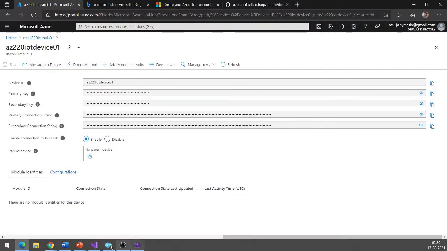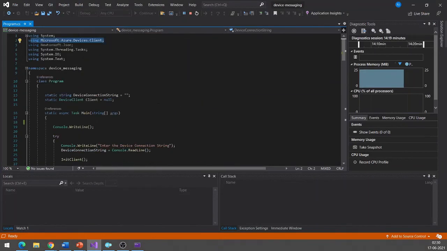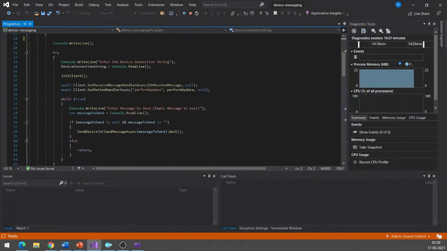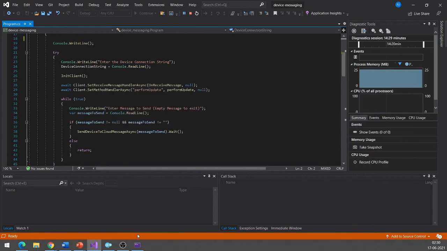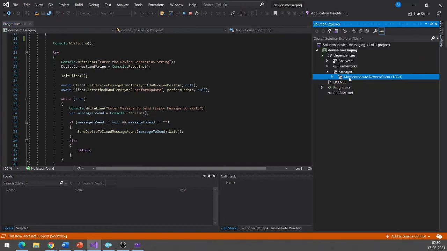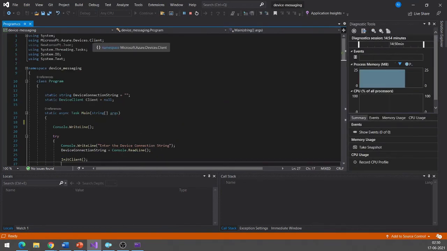Here, in the sample project, using the SDK, I have created a listener. The Azure IoT Hub SDK package that we use is the device client, the device SDK.